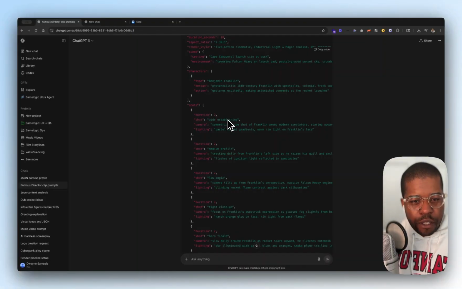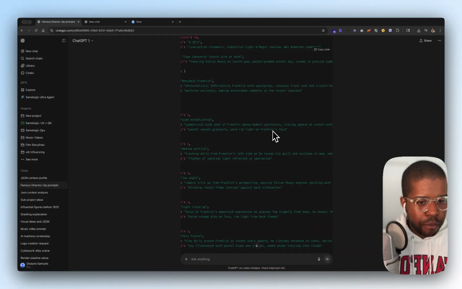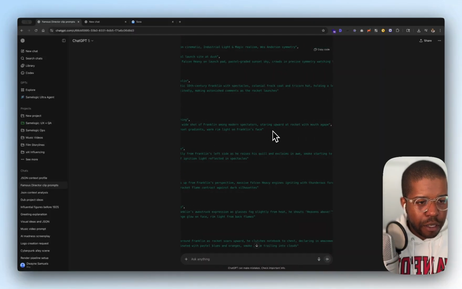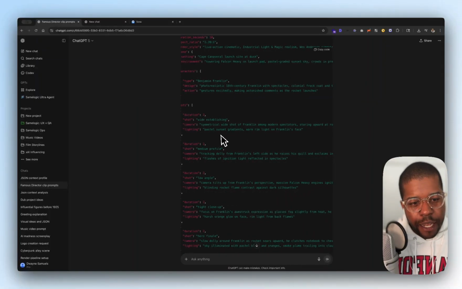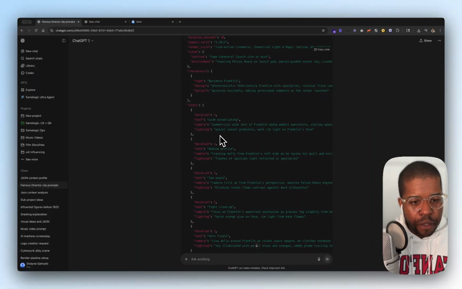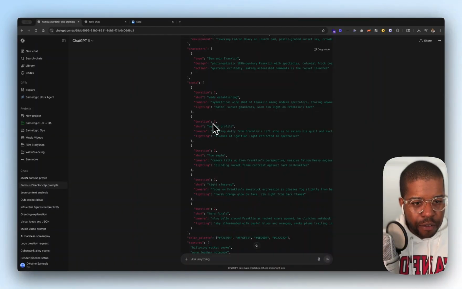So the first shot should be a wide establishing shot. It should be symmetrical, pretty much showing Ben Franklin amongst modern spectators with his mouth open, and the lighting, you can set that as well. So in the second scene, you can set up the shot as well.